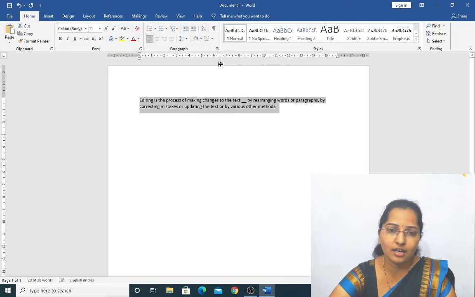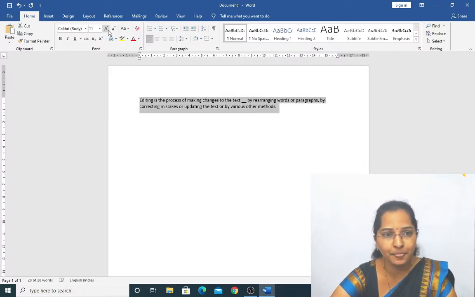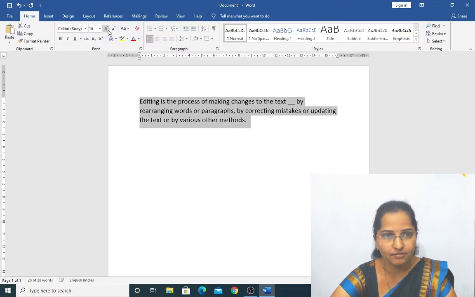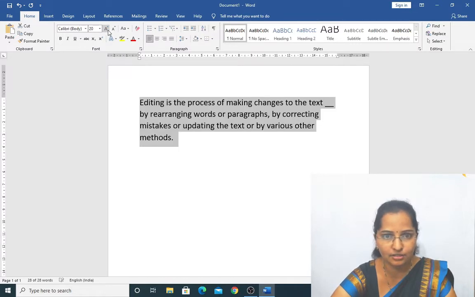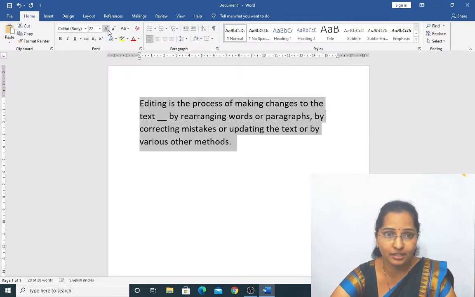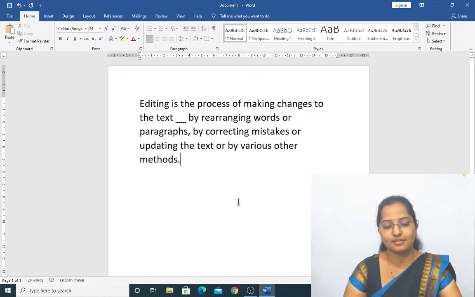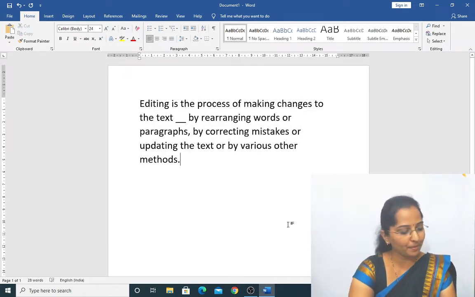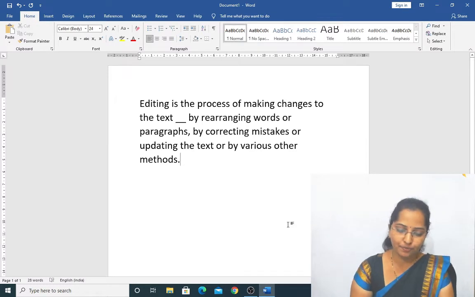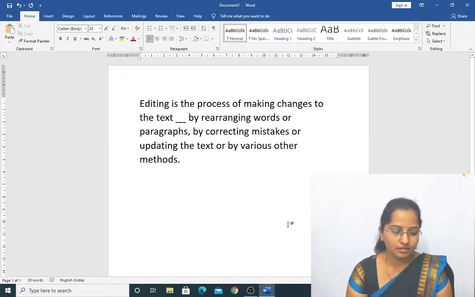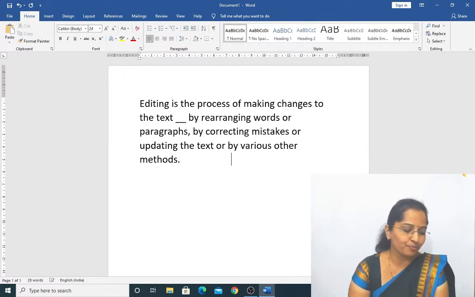Now we'll see how we can select the text. First I'll maximize the font size so that you guys can observe carefully. Please open page number 62.